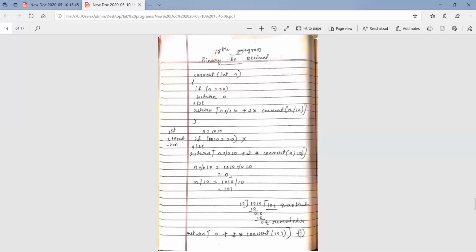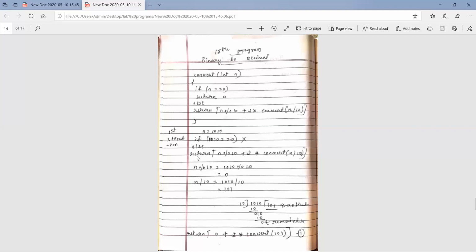And what is this 0, and what is this 101? The 0 is the LSB bit of the given number. What is the LSB bit? The LSB bit is the first bit from the right side. So we got 0. The 101 is the remaining part of the given number except the LSB bit. In the next iteration I'm not showing the division. Please remember that modulus gives the LSB bit of the given number, and division gives the remaining part of the number except the LSB.